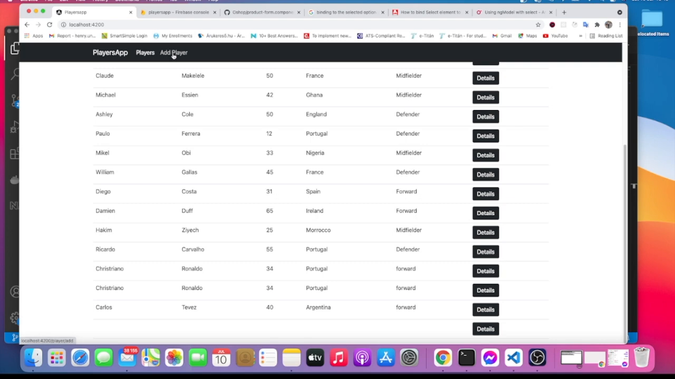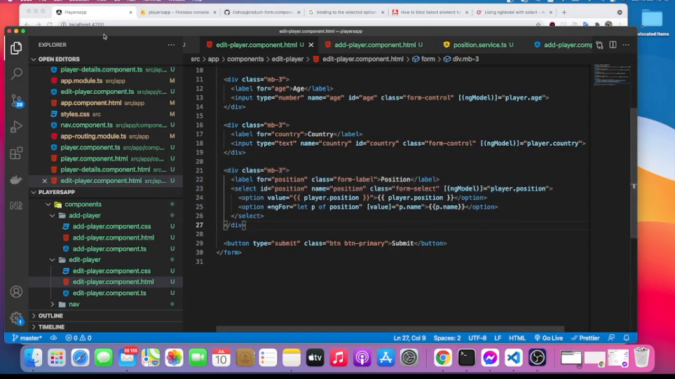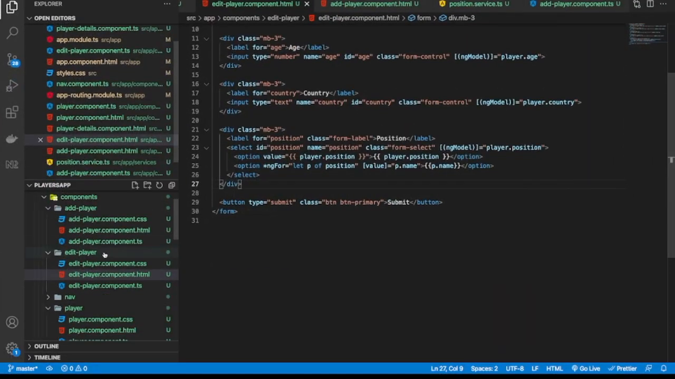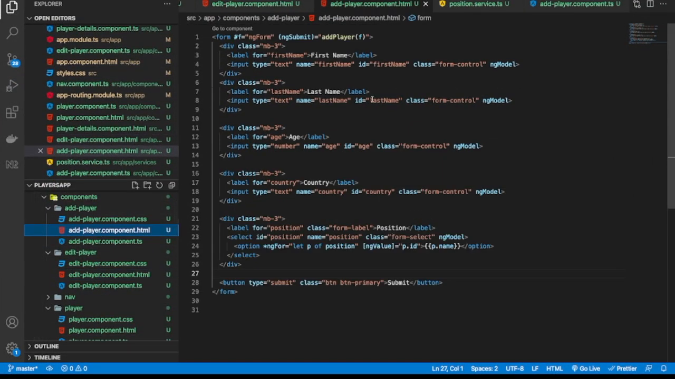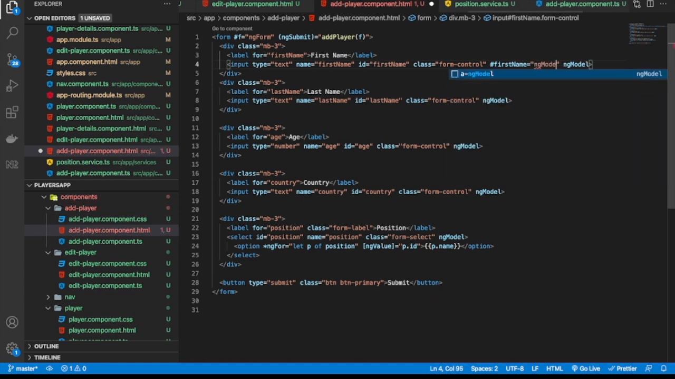Alright, so for us to add validation, first we need a template variable on all the fields that we've added. So let's go to the add player component. We have all our fields here. We need a template variable. Let's add it before the ngModel, and for this one we're going to call it firstNameVariable, and then we assign it to ngModel. Good. And we're going to do the same thing for last name, so I'm going to copy it so we can be fast with this. So last name,